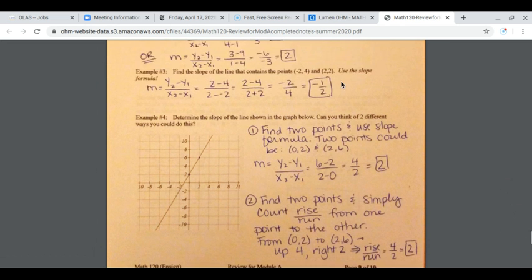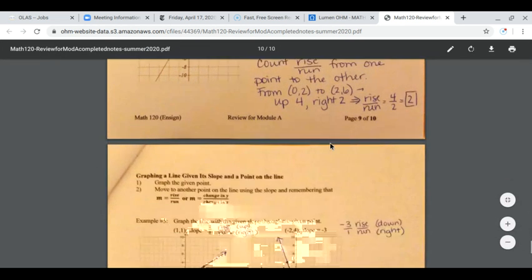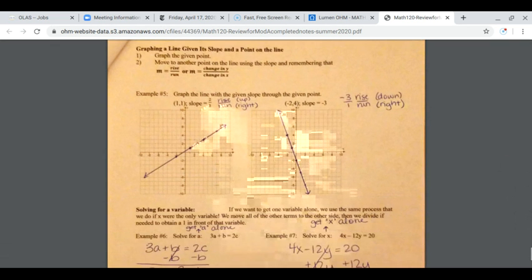So again, finding slope from here, finding slope from the graph. I kind of explained there how to do that. And then here we're just graphing given a slope and a point. So kind of what I just talked about here. If I know a starting point, for example, here, I know that my starting point is going to be 1, 1, which is this point right here. If my slope is 2 over 3, then to get to the next point on the line, I know I